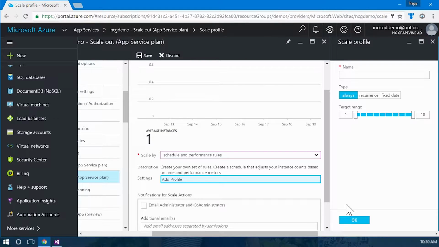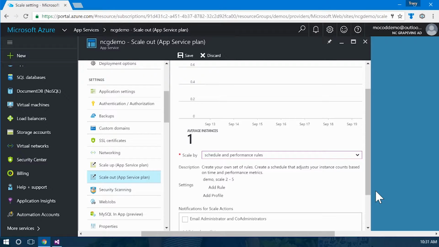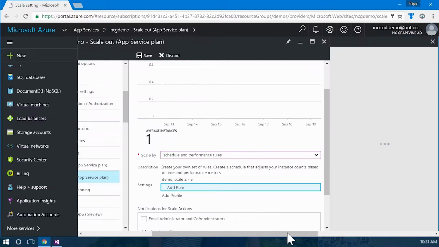I can add a profile, and I've got a name of the profile I can hit. We'll say demo, what the range is for this profile, and we could say, let's say again, 2 to 5. Okay, then what you need to do is add rules. So I'm going to add a rule,